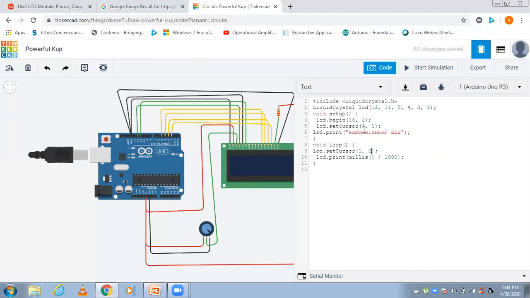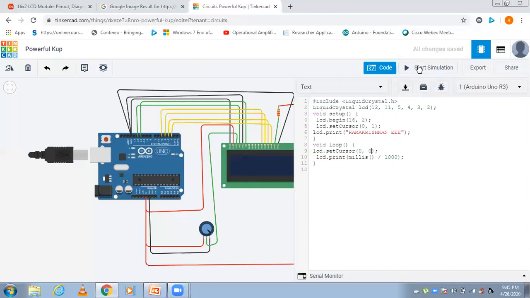Okay, so this character will be displayed in 0 column and first row. We'll make it 0th column and 0th row only.